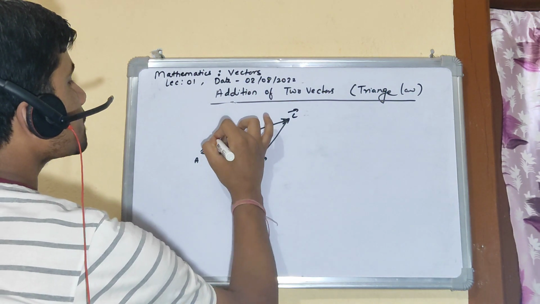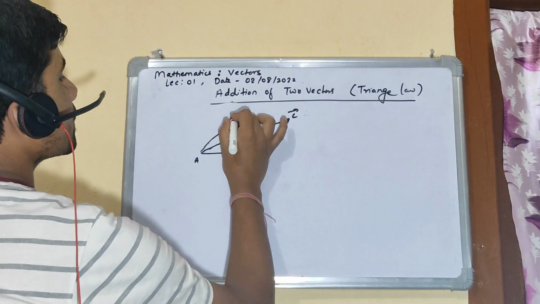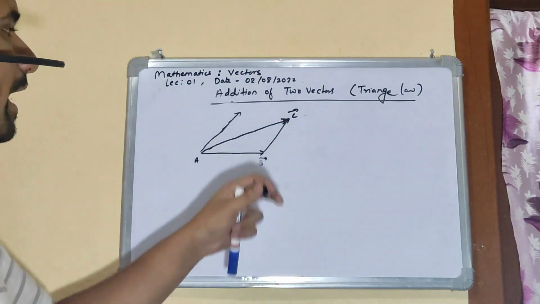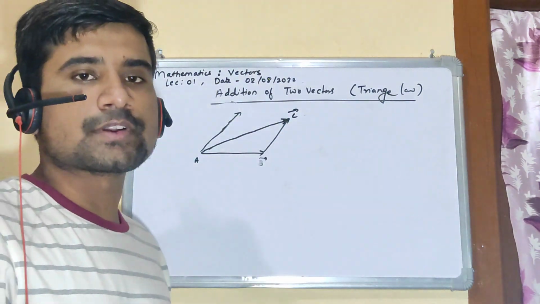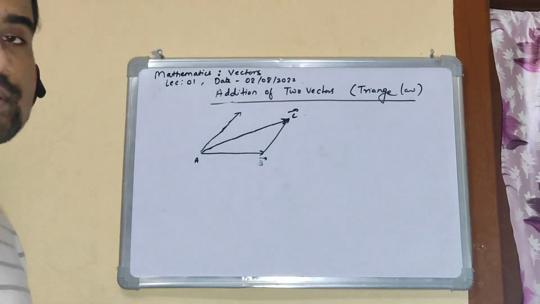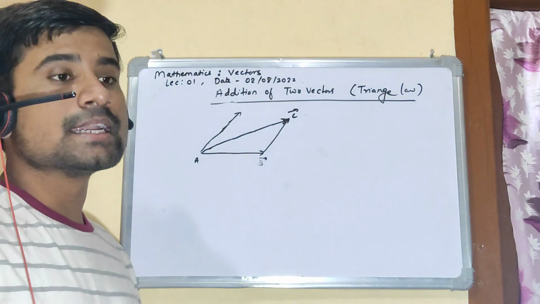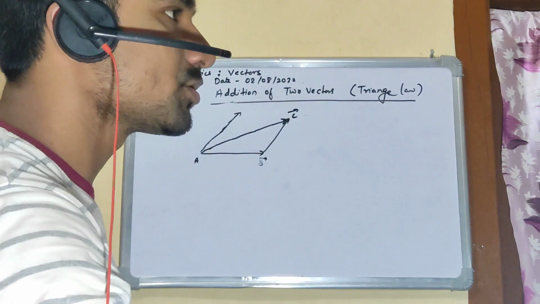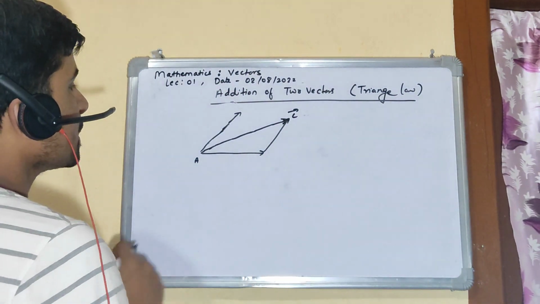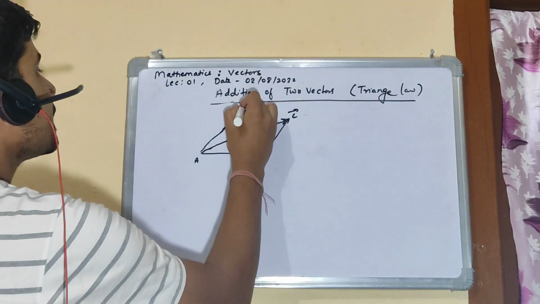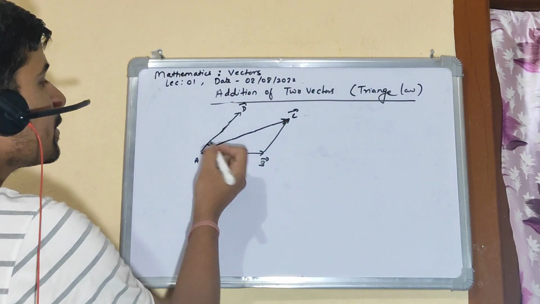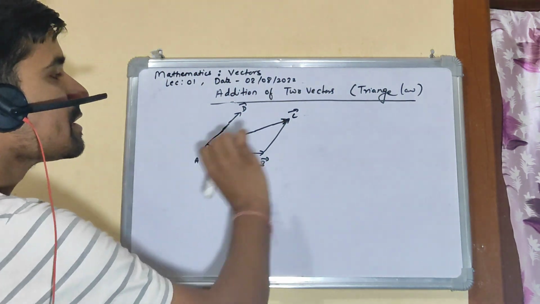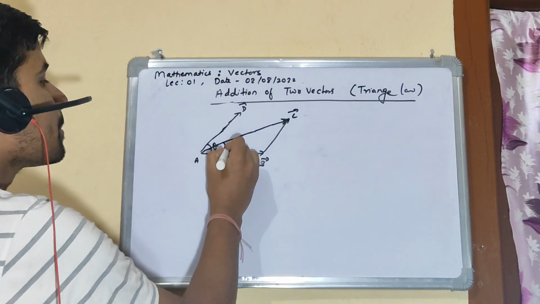Is that clear? Can I project it here? Now, I need to find what is the magnitude of this resultant vector, and what is the direction it is placed in, right? So to calculate direction and magnitude, let's say this is B, let's say this is D, and let's say the angle between the two vectors is theta, right? This is theta, and the angle at which the resultant is inclined to the horizontal is alpha, right?